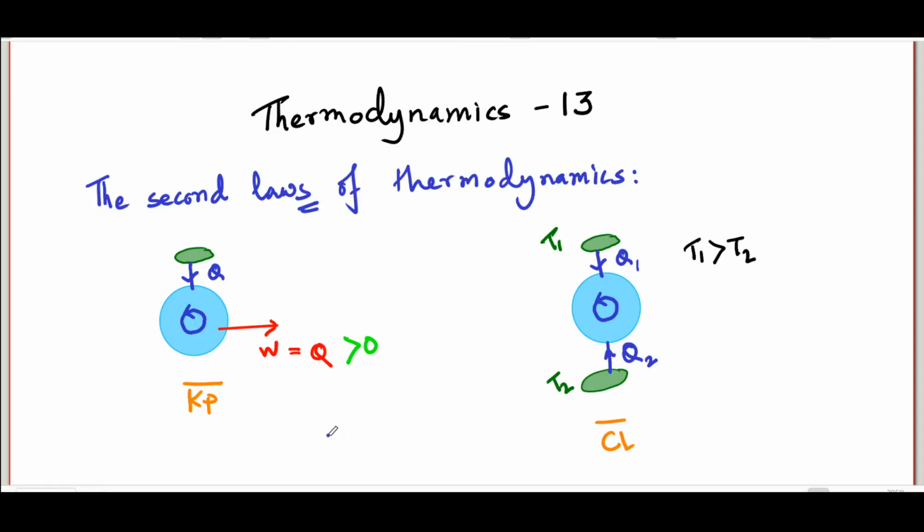In the first form, which is the so-called Kelvin-Planck statement of the second law of thermodynamics, it says that an engine depicted here by Kp bar, an engine which draws a positive amount of heat from a single reservoir and converts that completely into work while working in a cyclic process cannot exist. As we have already said before, this is just equivalent to saying that a complete conversion of work into heat without any other effect, which is an eminently possible process, is actually irreversible.